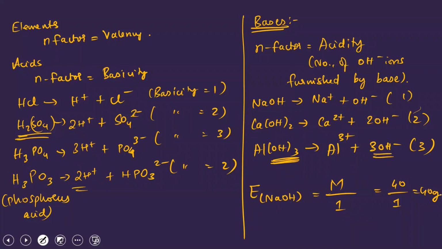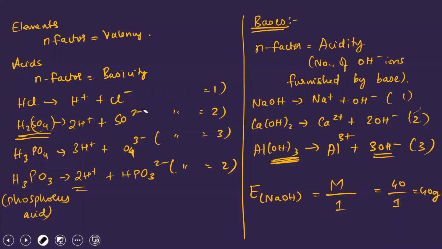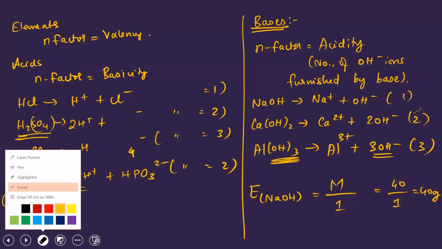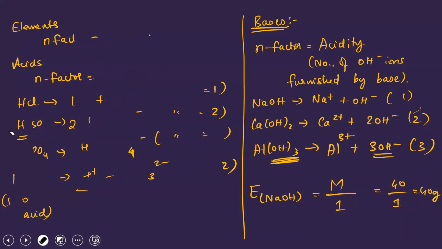Done? Basis இப்போ தான் எழுத ஆரம்பிக்கலையா? equivalent weight நம்ம represent பண்ணி ஆ